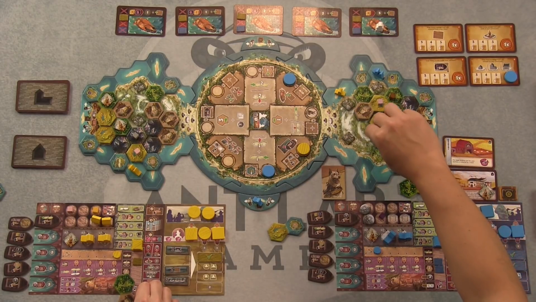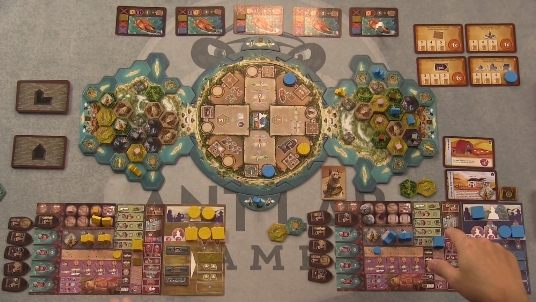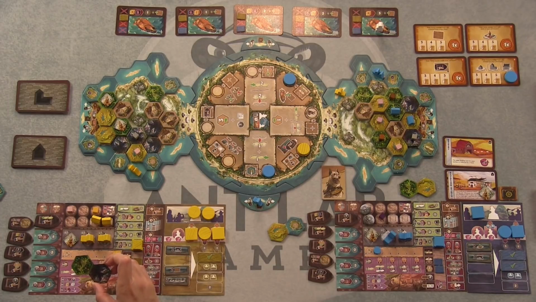Okay. Darn it. Are you done? Yeah, I've been done. I'm waiting for you to make your move. Okay. Did you pick an action? No, I was thinking. We could do this. We could do this. Okay. I am...